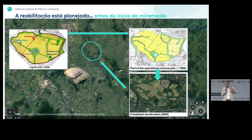And then we can already prepare for the closing, or when we come closer to the end of the mine life actually, prepare this, and then you can see even another 20, 30 years later that it really looked like what we planned already 20, 30 years or even 50 years before. And that is really important, that you have all the mining, all the long-term planning